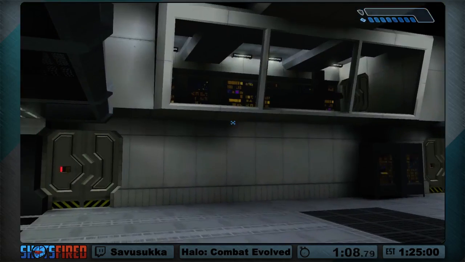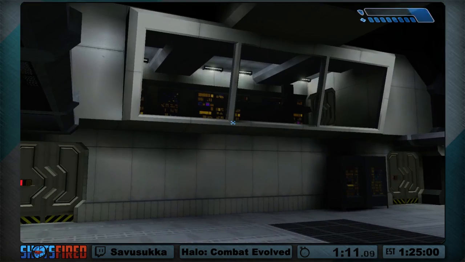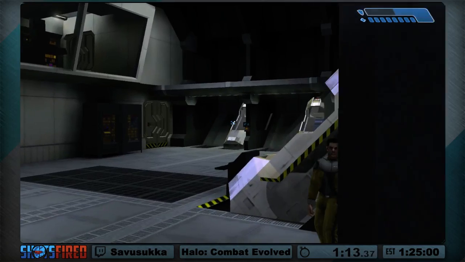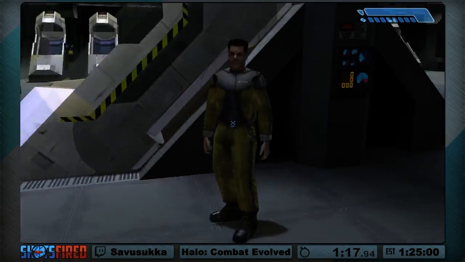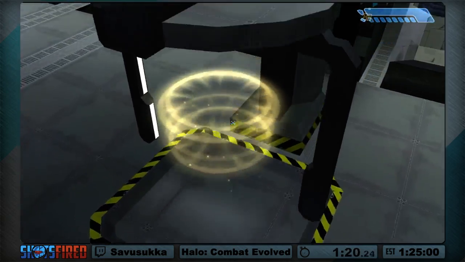We get our shields here. And there's a small dialogue skip I'm gonna do here. By making this crewman up here look at me, I'm going to skip like maybe 3 or 4 seconds